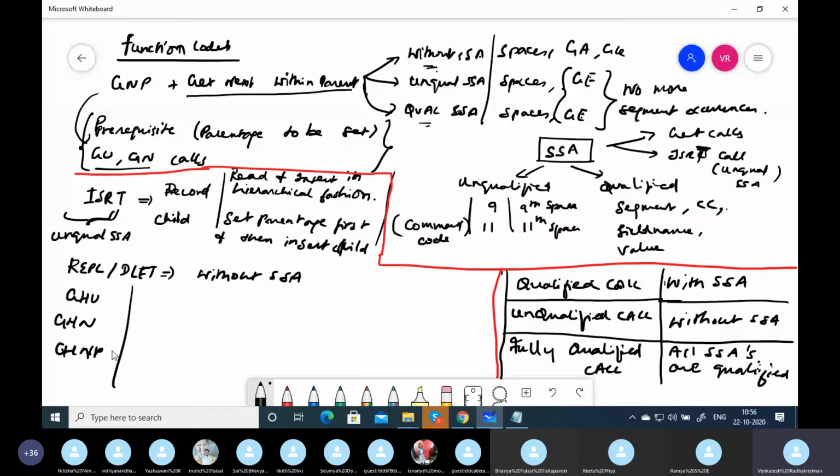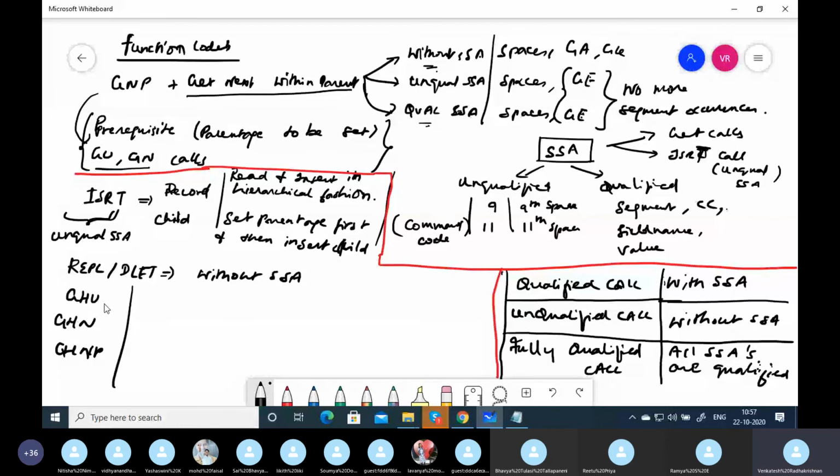If it is mass updates in only one record, meaning you are going to read many children of a parent, for example changing the medicine of all the records, go for GHN. If you are going to change the medicine of only a particular record, go for GHNP, because GHNP is going to read all the children under a parent.